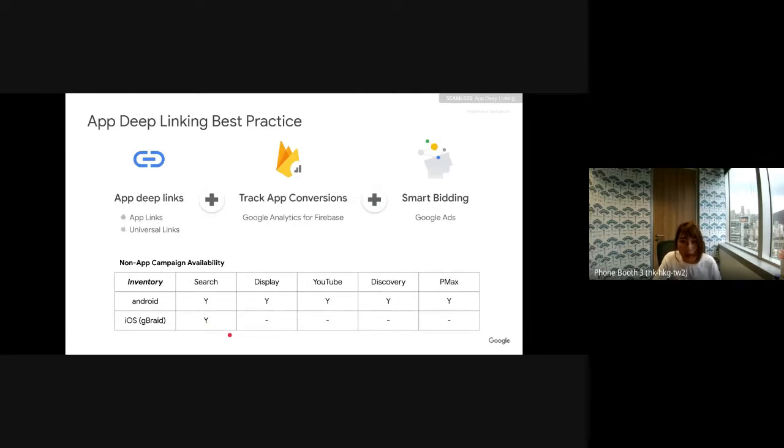If you don't know what that is, it's okay. It's a different set of IDs that we created to mitigate the risk for iOS 14. All of this regarding iOS will be illustrated in a further session. Actually, in the next one, we will have a deep dive on the iOS readiness for that. But what you need to understand here is that we have all the campaign types supported for Android, and we are also expanding that to iOS.